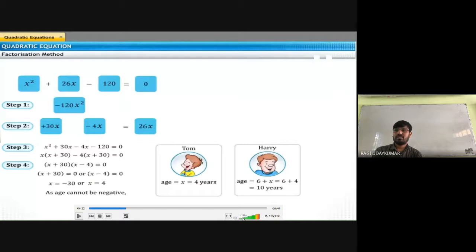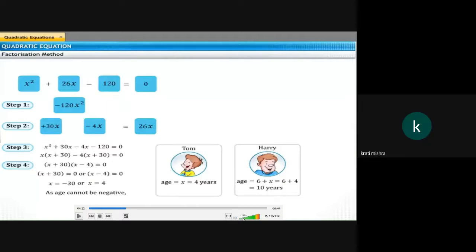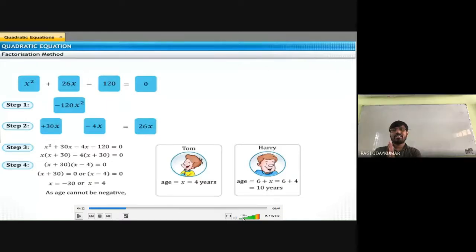Then you may get a doubt, sir. You have to get the doubt. It's the same problem, I want to solve in another way. Can anyone give an idea for solving the same problem in another way? Not another method, I'm not asking. Framing the equation. Suppose here we are taking Harry. In the question, it is not given that Harry's age is more than Tom's. The difference between these two is given to you as 6.